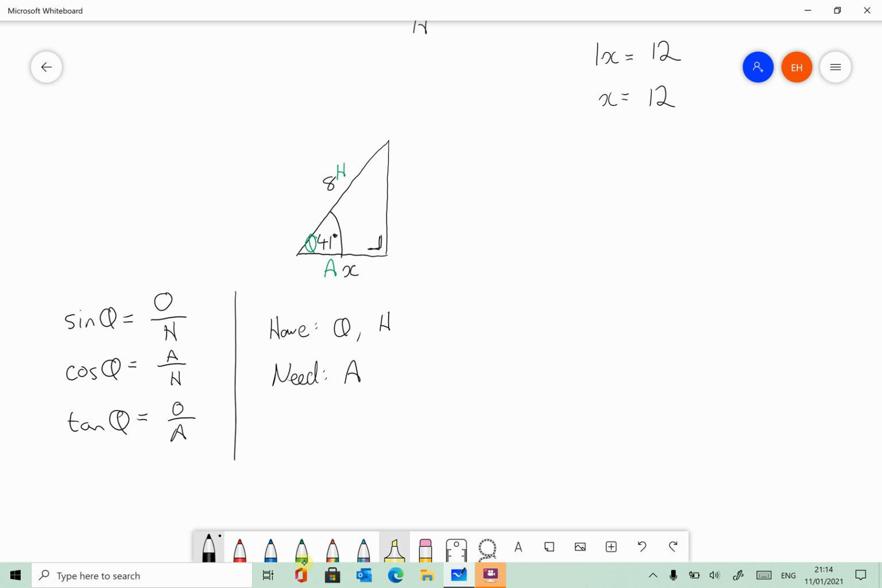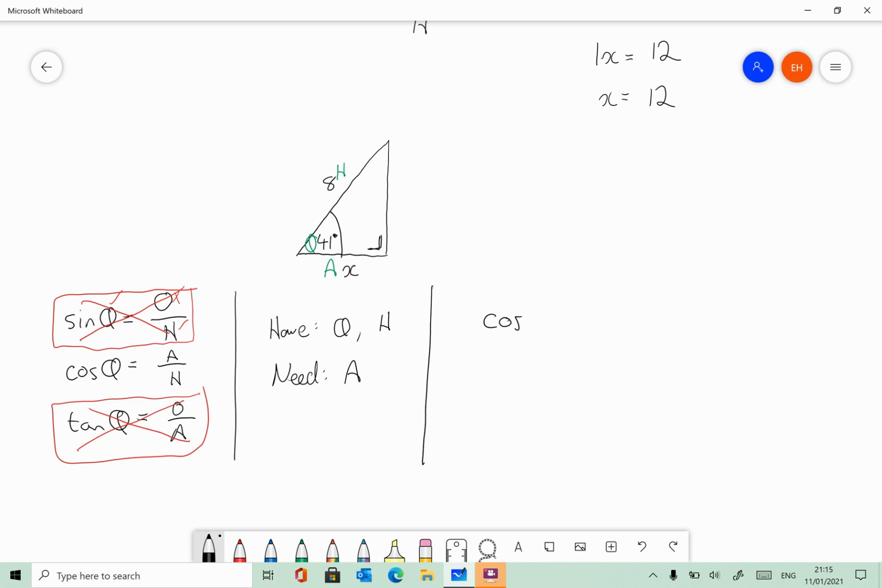So which one of these 3 guys over here deals with theta, H, and A? Is it this guy here? Theta, H, and A. No, so it's not sine. Is it tan? Theta, A, but no H, so it's not tan. So it must be cosine. It must be cos. So I then write out cos of 41 degrees equals, I can put that in brackets